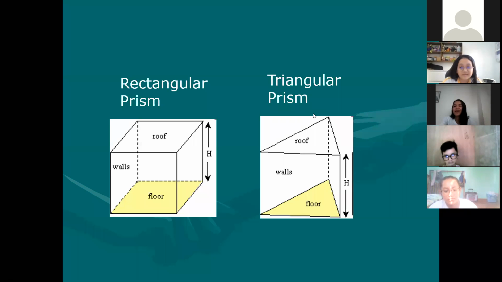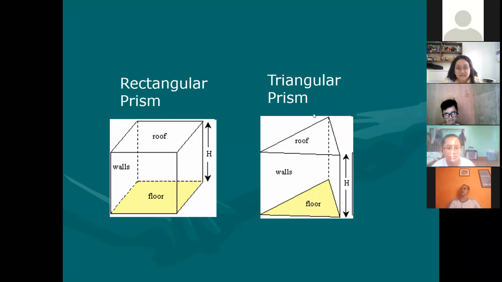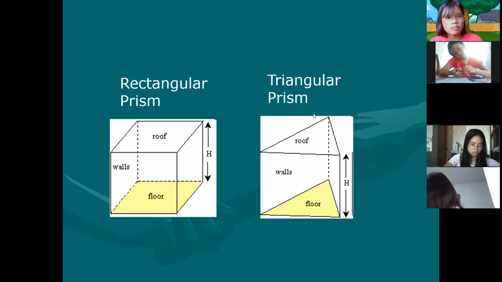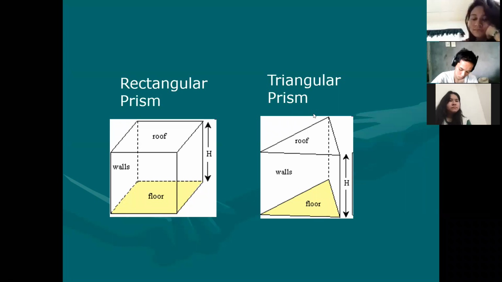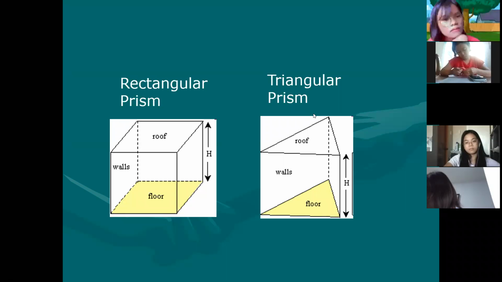I think a prism is in a parallel way, then a pyramid is in a diagonal way, which is not parallel. Okay. Yes, you have a point, but it's still not enough. Thank you, Thea. That is correct, but still not enough as an answer. Let me call a grade 9 to support the answer of Thea and probably extend the definition of a pyramid.